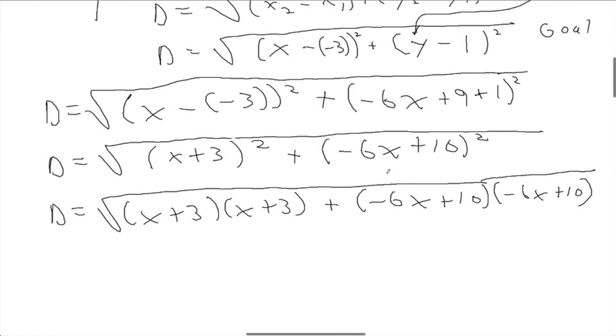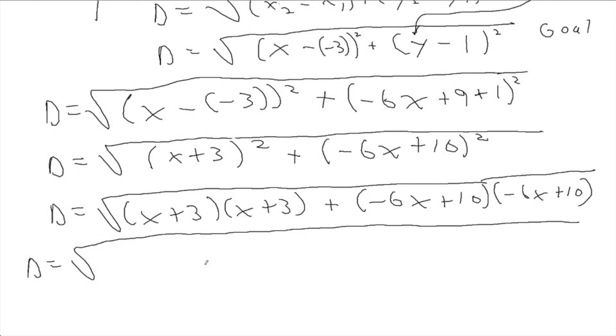Okay. Good. Cool. So now we can drop the square root. Or maybe, I'm going to keep the square root in for a while. Okay. So now we can take the derivative of,